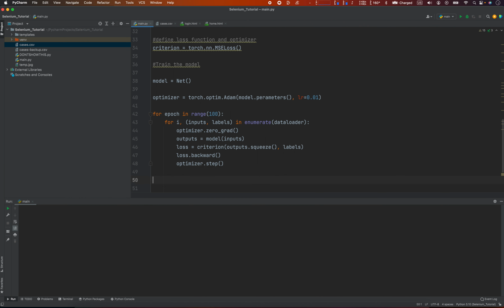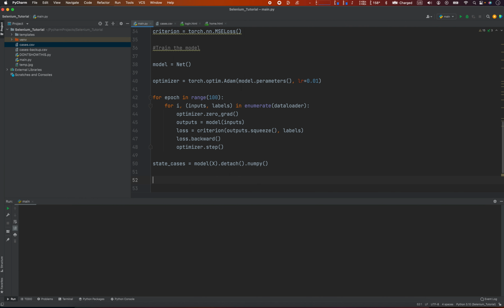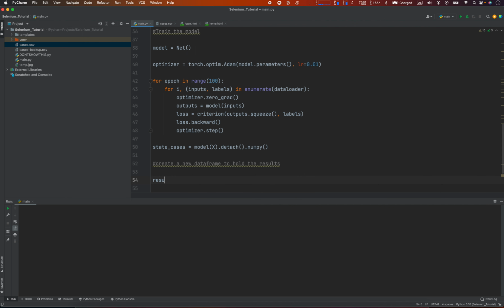Okay. Now we have to work with the results. So state cases equals model of x dot detach dot numpy. And we're going to create a new data frame to hold the results, so results equals pd.DataFrame,